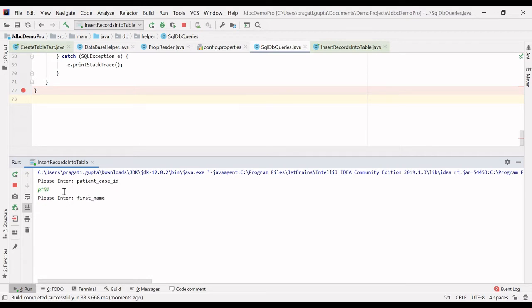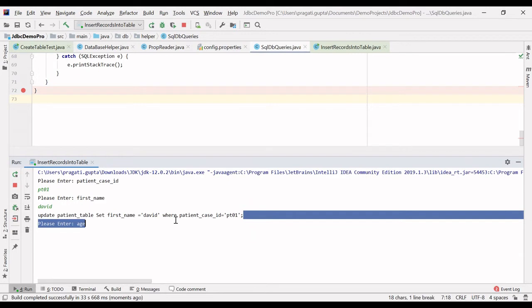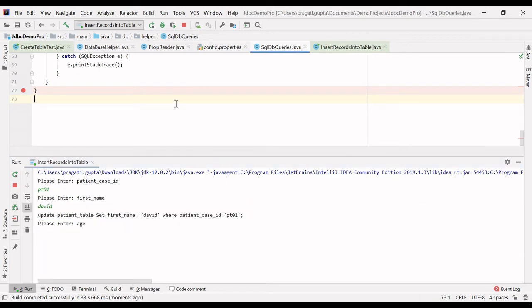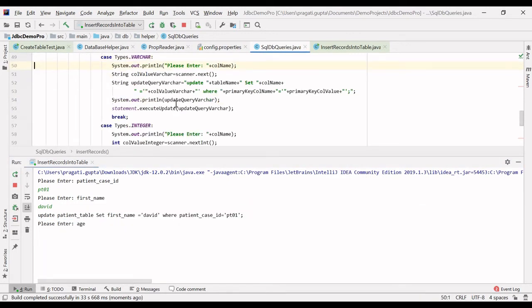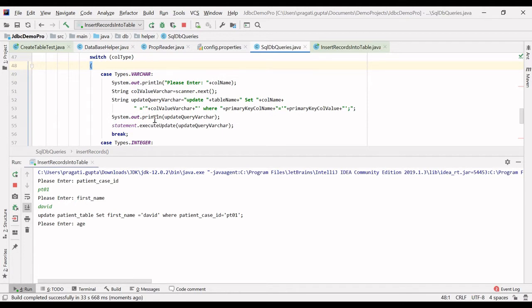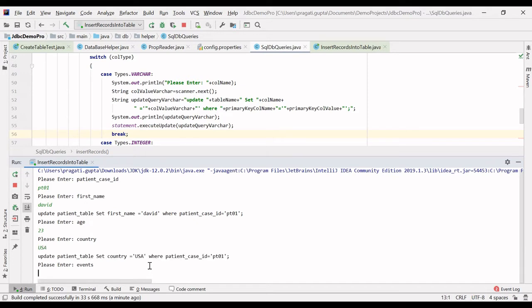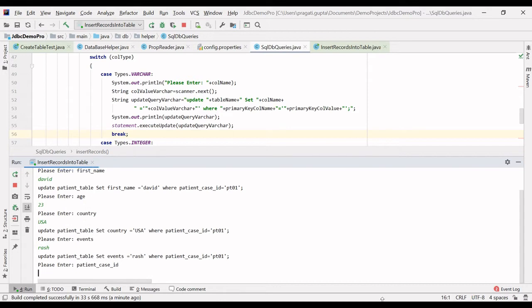Okay, first name, age. It is showing me the update query. Let me show you the query. This is the query that is printing here, and next is age 23, and country, event rash.